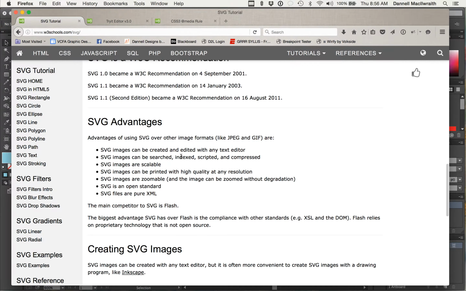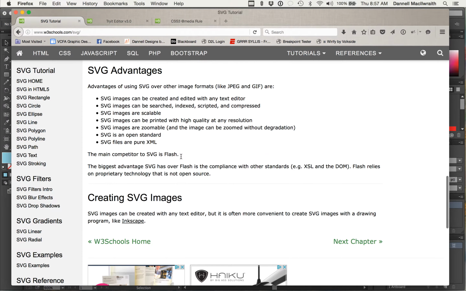Some advantages of using them: they're created and generated in any text editor. They're searchable, they're scalable, they'll print at a high resolution, they're zoomable, and they're basically what happened when Flash died. When Flash died, now we needed a new way to have vector graphics that could animate and transition. And that's kind of where this all